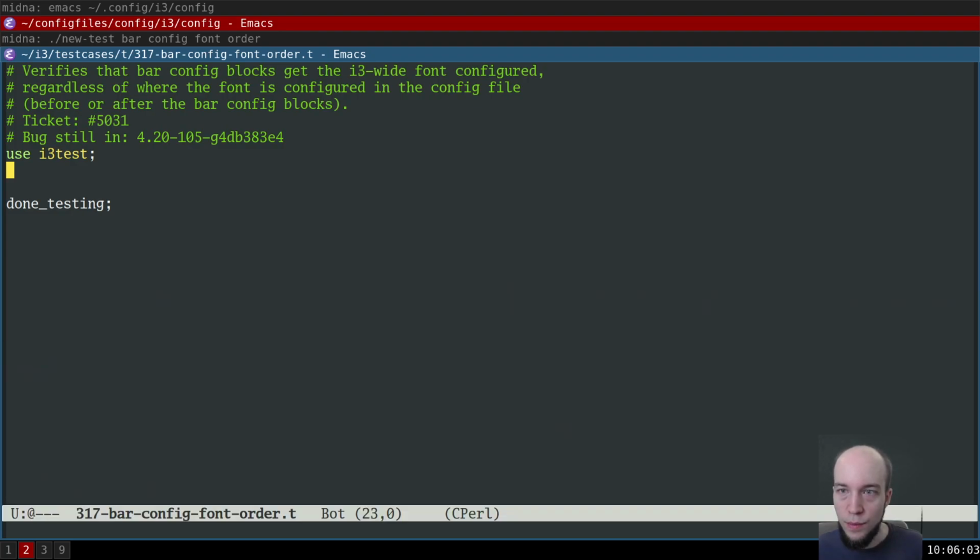Cool. And what we're gonna do, let's see. So in the other test, we started out with just a single config file and then quickly switched to multiple config files. Let's see, do we need multiple config files here? I think the general case of you configure the font first and then the bar later is already pretty well covered by other tests. So probably we can just do with one single config file. And then let's see if we need to extend it. So I believe